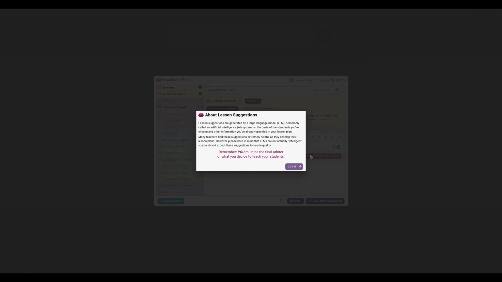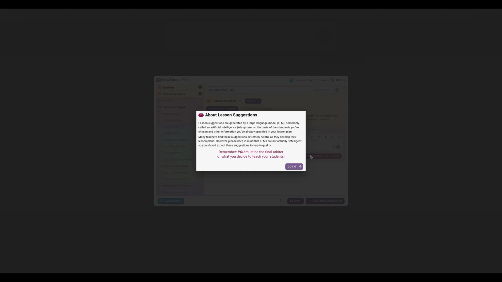As a reminder, artificial intelligence is not truly intelligent. You, as the educator, are the expert in your classroom. You're the expert on your subject area. You're the expert on the students in your classroom. You're the expert of your classroom and how things need to go in your classroom and your standing procedures.